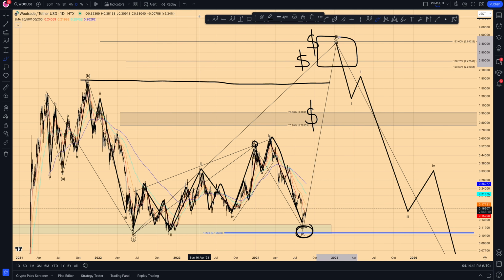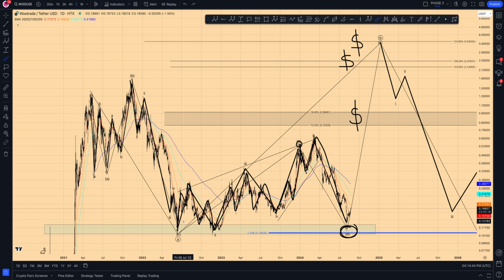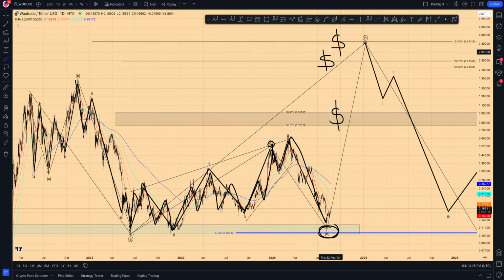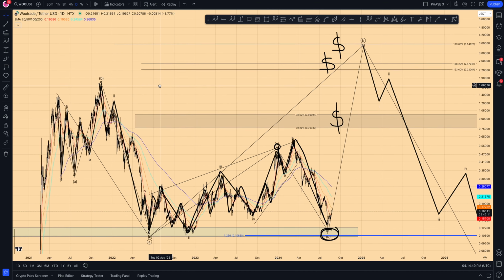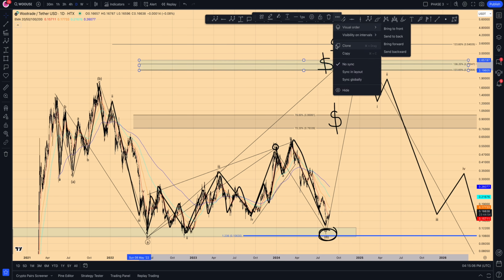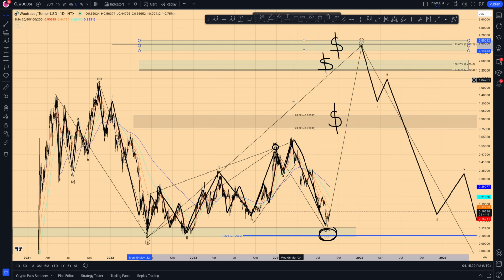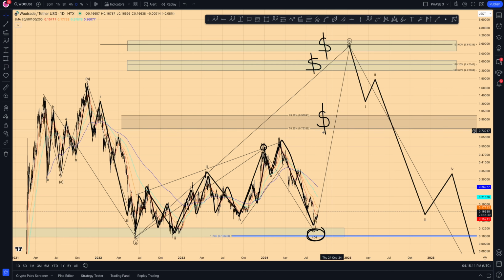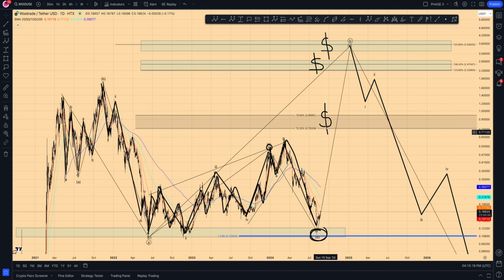All I did to find these fibs was take a fib from the very high over here down to the low on the linear and the logarithmic scale. Now you don't really know what the market makers like to use in regards to fibs. Sometimes they use the linear and sometimes they use the log. So that's why I like to use both, so you can get more confluence on the sell targets. Around these two regions over here would be considered your danger zone. This over here at the 70.2 to 78.6% fib, sitting at around 76 to 96 cents, would be your intermediate